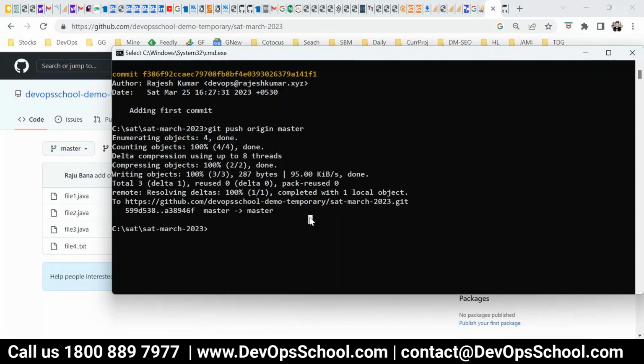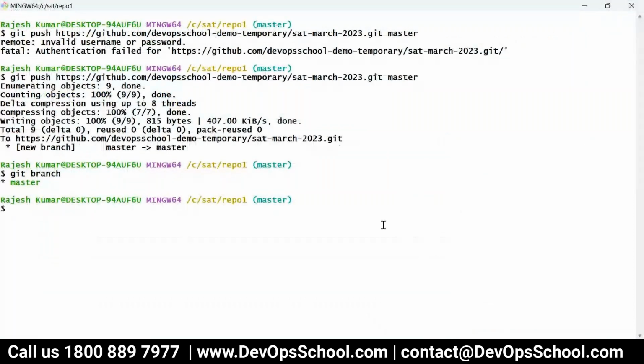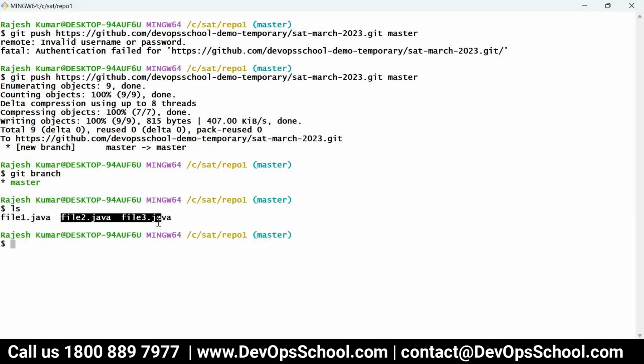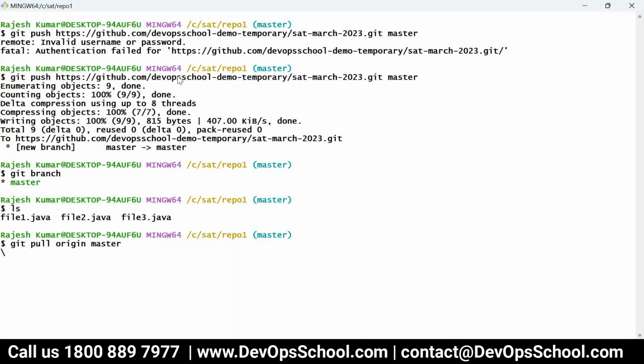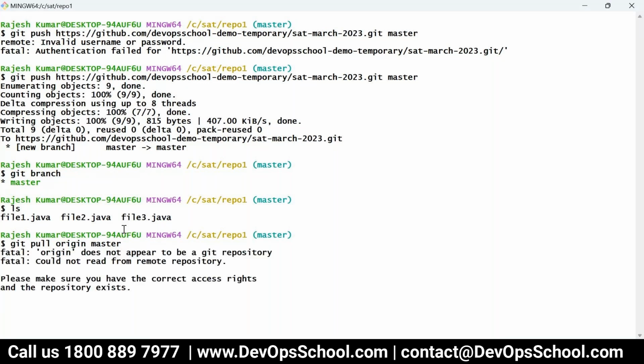And after that, me, I still have only 3 files. So what should I do? You tell me. Pull. Sync. No, syncing. The git sync command is not there. It's a concept. I'm saying, git pull, and here URL and master. But the URL, which is this one, I can't remember this. So can I use origin here? Origin is not set because I did not clone it. It says, hey, origin does not exist. So what to do? I can create an origin.